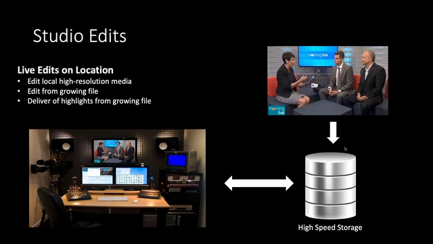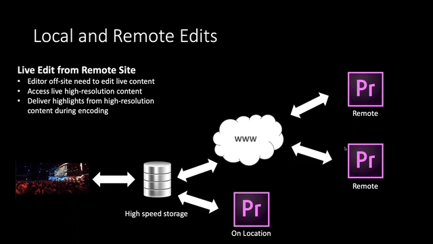As I mentioned, you do need some high-speed storage for that growing file to land from the hardware that's being captured. With that, editors are able to pick up that growing file and start creating highlights. So you could typically open up Adobe Premiere locally where the high-speed storage is and start viewing that. They have a little setting in Premiere, we'll show you, in their settings, how often does it update? And so you can scrub forwards and backwards through what frames have been captured and edit those on that growing file. So that's typically what we're talking about.